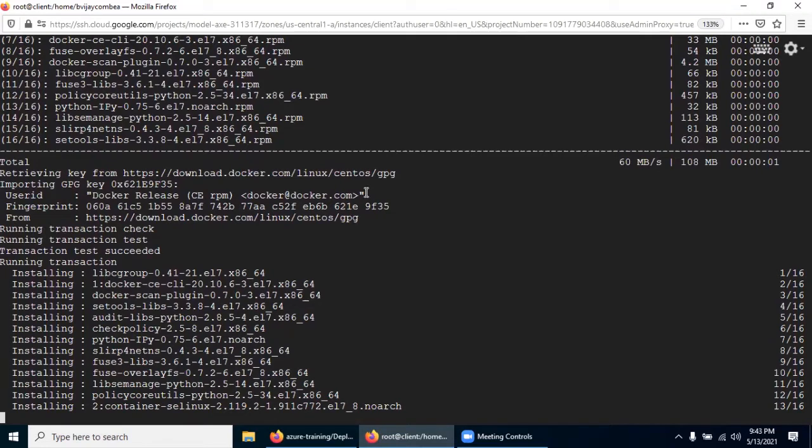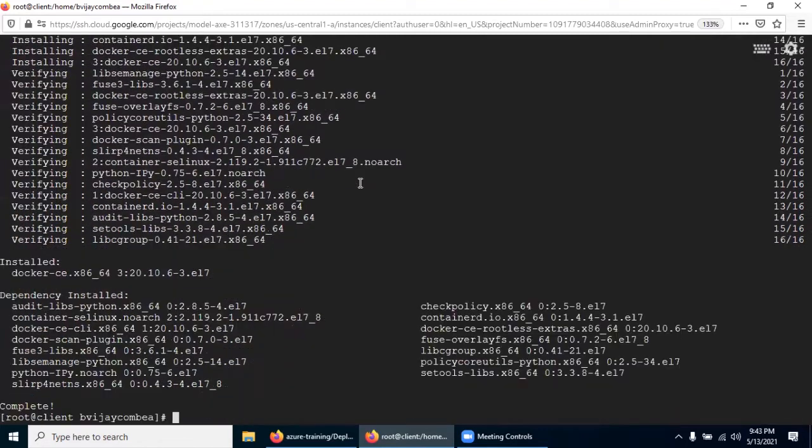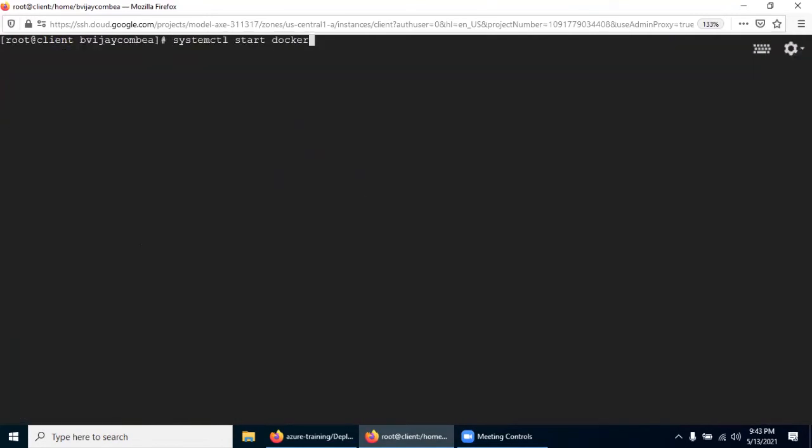If you have watched the previous two manual labs, then this will be really easy for you to understand. We'll wait for some time for the packages. Docker is getting installed. That is the last package. Now, if you want, you can do it in a single command with systemctl.